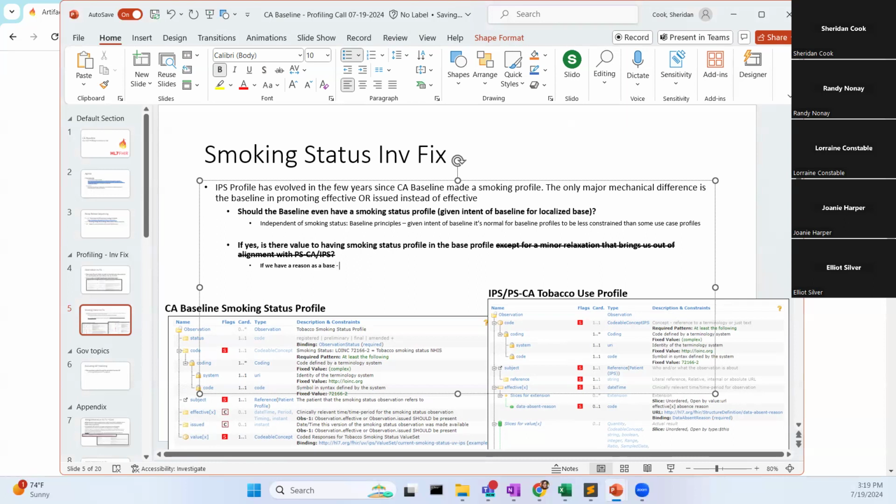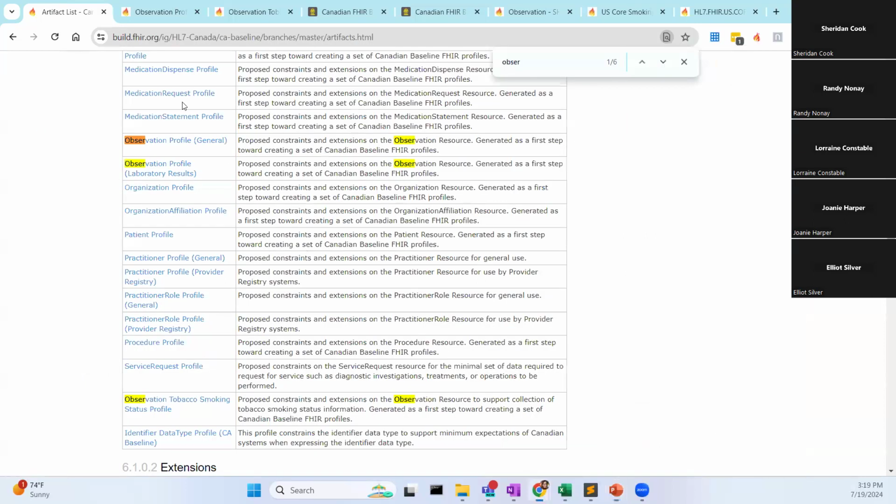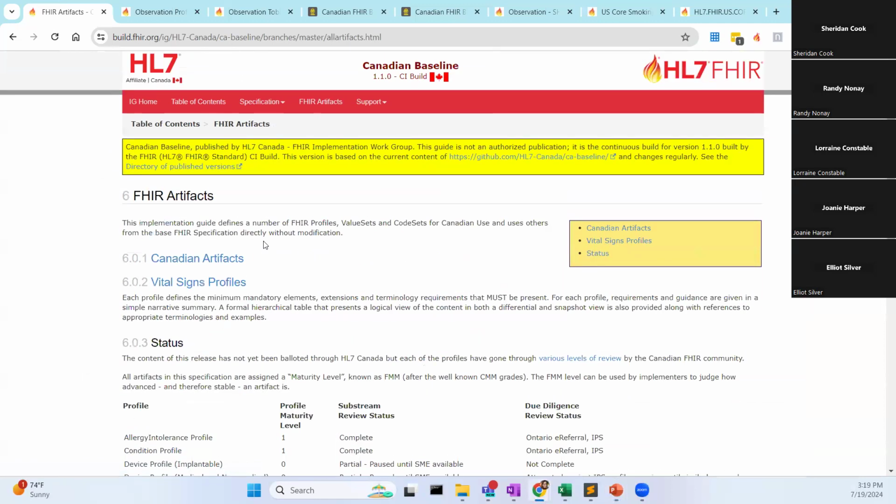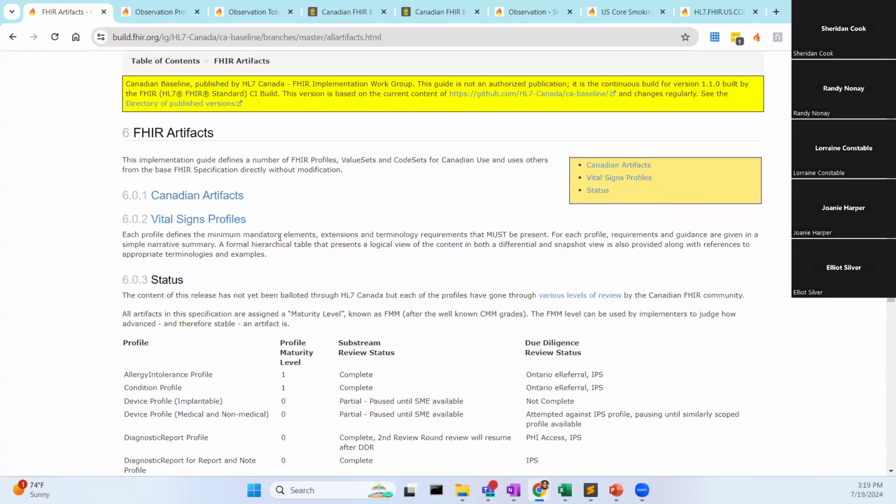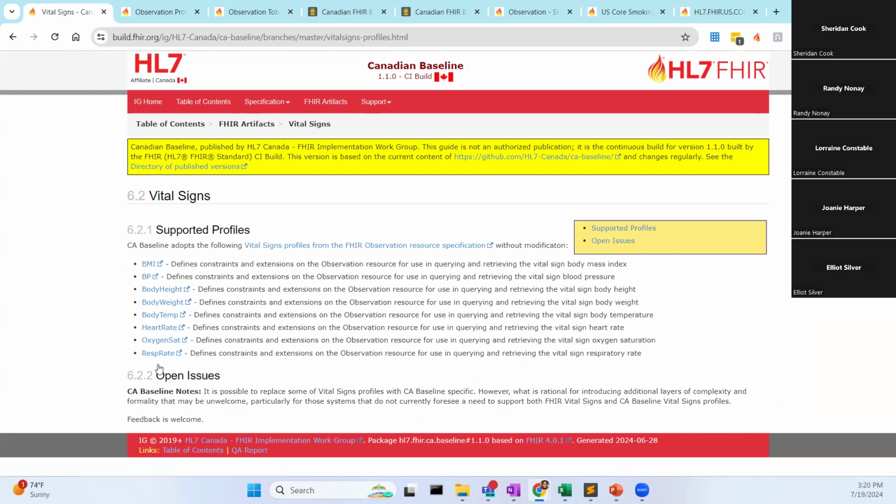The closest parallel that I'm drawing is we don't choose to profile vital signs. There is a heavily modeled profile that already exists for vital signs, like panel and BMI and observation. And in the base, we just point to it. So when we have our artifacts, we say Canadian artifacts and vital signs. We say, this is pointing literally to existing profiles that we pick up directly because they exist in universal realm. They already have a set of expectations that are promoting harmonization through that scope.